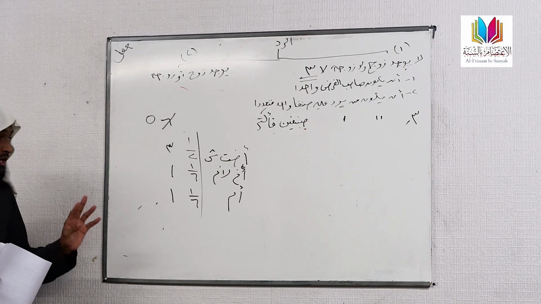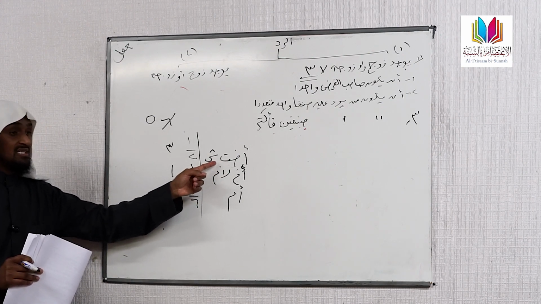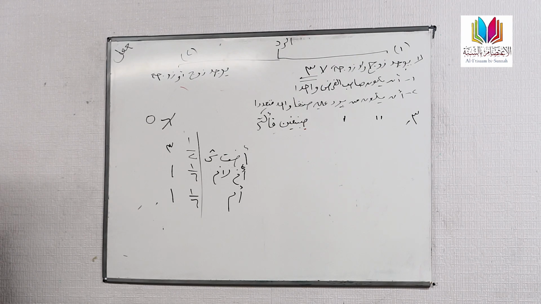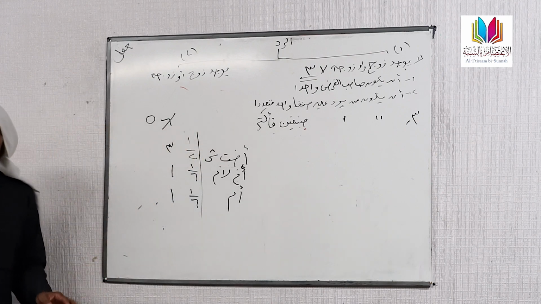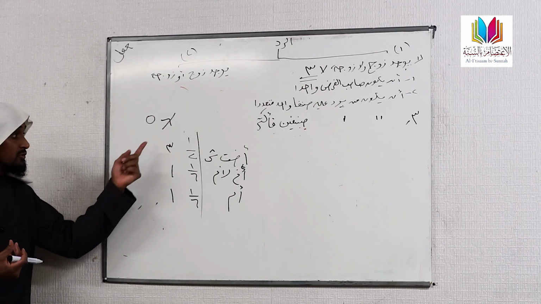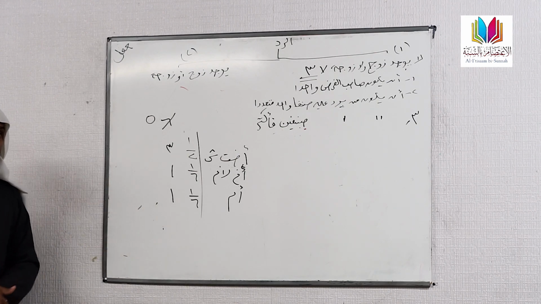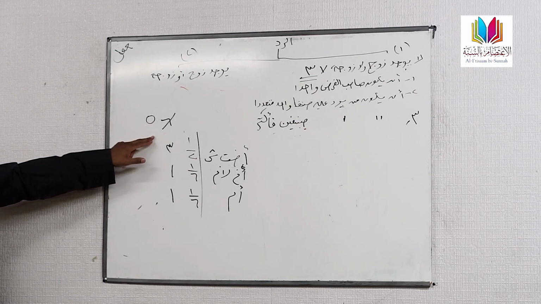Shouldn't she get a thuluth? La, she shouldn't get a thuluth because here there's a brother and a sister, a group of brothers or sisters. Fine. So that's where the 5 is coming from. So we've now got a new asl mas'ala. We're not putting 5 there for the sake of it. But why are we putting 5 there? Because if we leave the asl mas'ala as 6, we're going to have something left over. So in order to avoid having something left over, we change the asl mas'ala and put a 5 there.